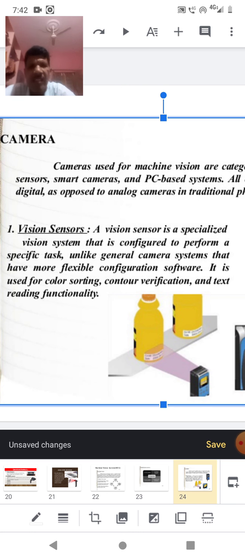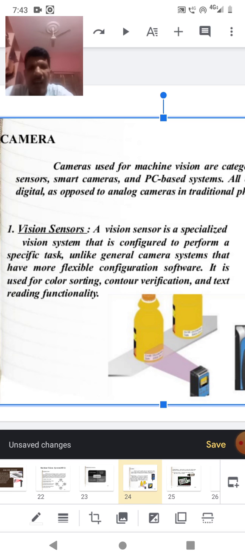So that means all these come under part of the vision sensors. The remembering points are what it is doing: color sorting, verification, and text reading functionality. This is about the camera.